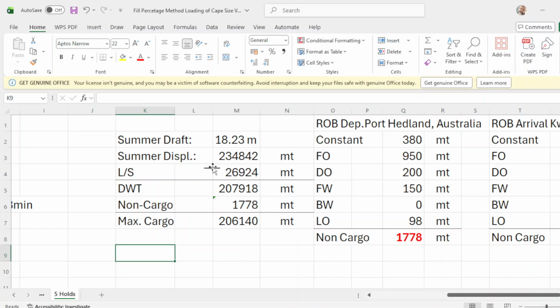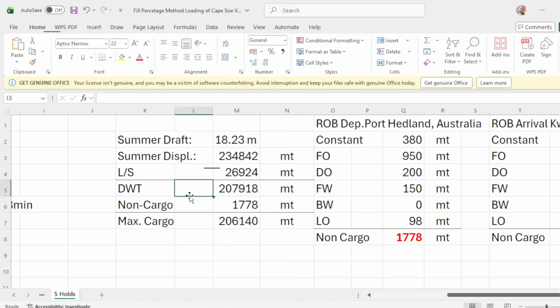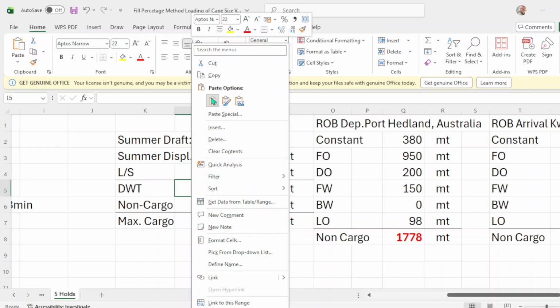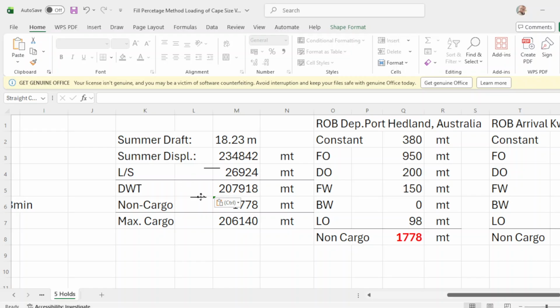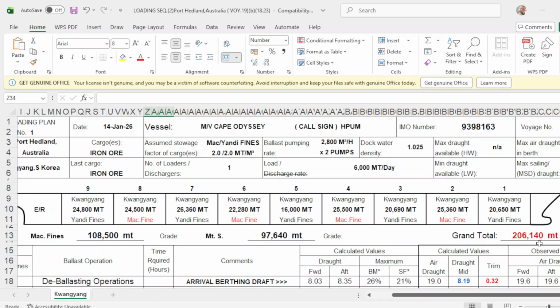Again, you deduct this one. Copy, put it here, paste, okay. So deduct the total. Your maximum cargo to load is 206,140. Okay, and this is the same with your loading plan of 206,140.